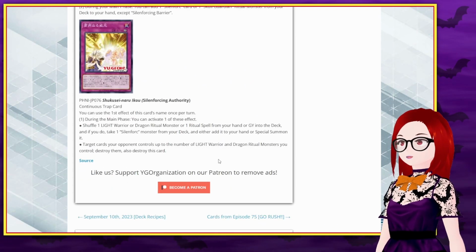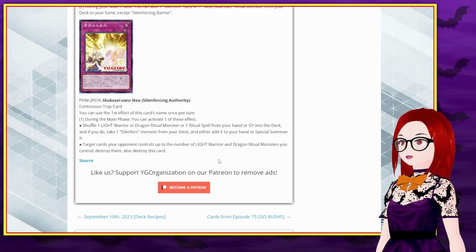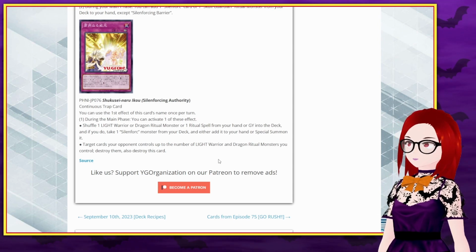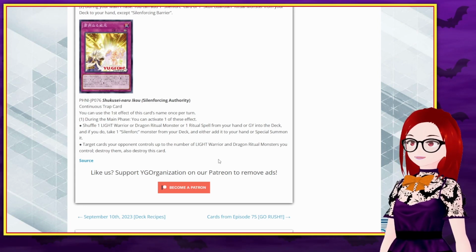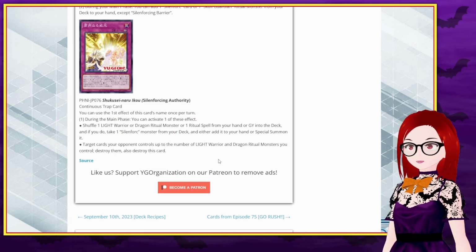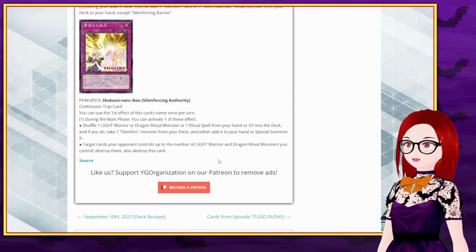Silenforcing Authority. Use the first effect card name once per turn. During the main phase, you can activate one of these effects. Whoa, okay. Shuffle one Light Warrior or Dragon Ritual Monster or Ritual Spell from your hand or grave to the deck. And if you do, take one Silenforce monster from your deck, either add it to your hand or special summon it. Okay, well that's like...